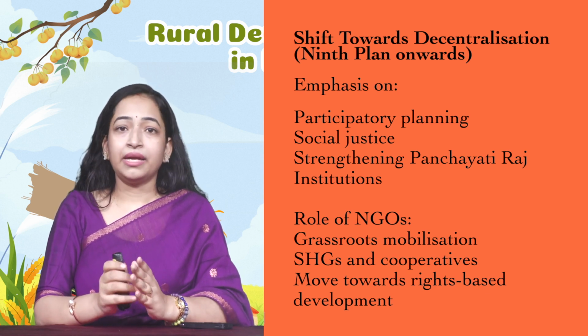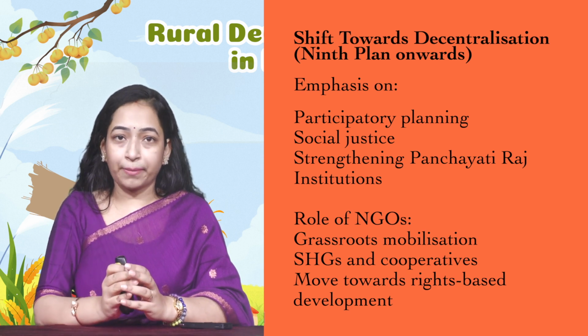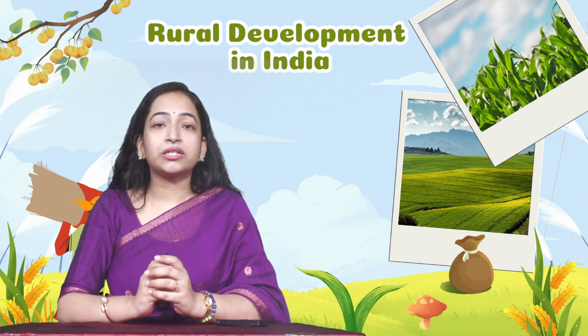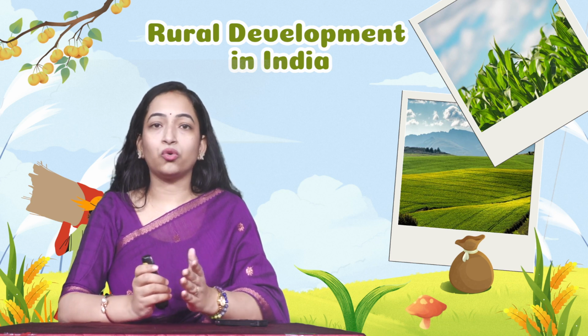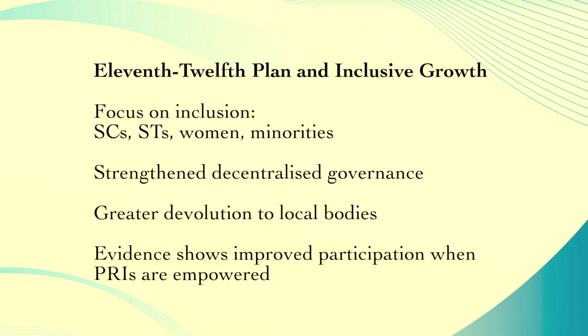At the same time, India's planning moved towards a rights-based and inclusive development model. For instance, the ninth plan recognized education as a fundamental right and committed to operationalizing programs via panchayats and urban local bodies. The 11th Plan, 2007 to 12, further embedded inclusion, emphasizing targeted interventions for scheduled castes, tribes, minorities, and women, and sought to monitor social equity more rigorously.